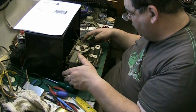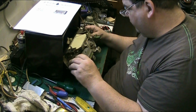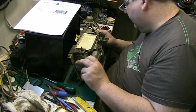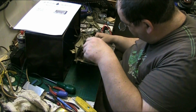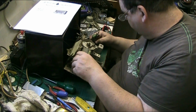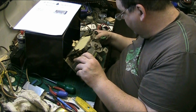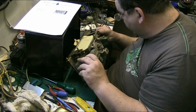Right, let's have a look for the line capacitor, because I always put a new capacitor in these. Let's see if we can find the thing. It's got to be this one here. Yeah, this electrolytic, it's this one here. The thing explodes on you, but it does it when you're not expecting it, and you nearly jump out of your trousers. See, somebody's been in here. That's all loose and it shouldn't be. Well, somebody's been in here, but...